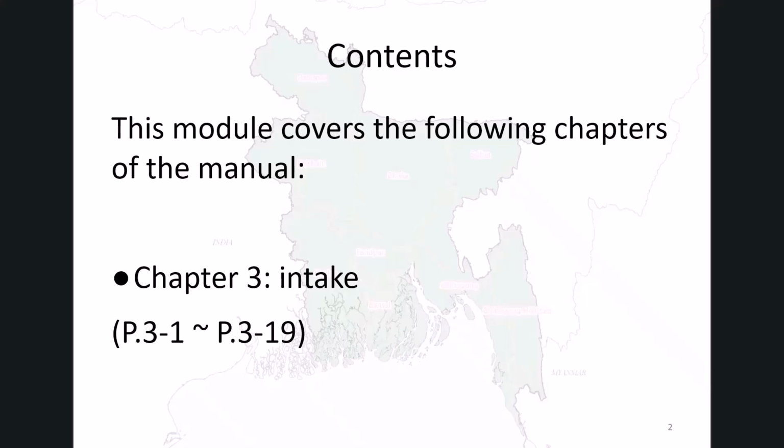Today we will learn about points on the operation and maintenance for intake in POSHWA piped water supply schemes. By the end of this module, you should feel confident giving technical supports to POSHWA engineers to diagnose intake facilities' performance, understand failures, and guide proper operation and maintenance. So let us begin by understanding what intake is, how it works, and why it is essential for safe drinking water supply.